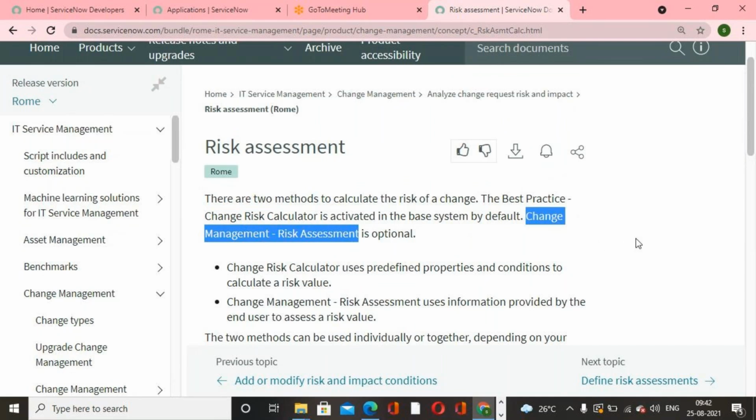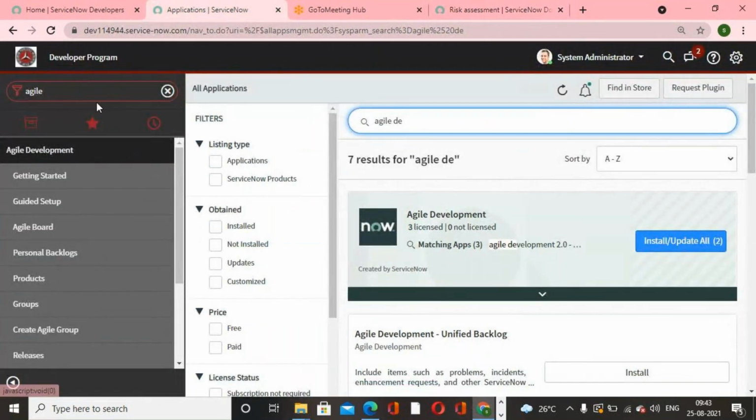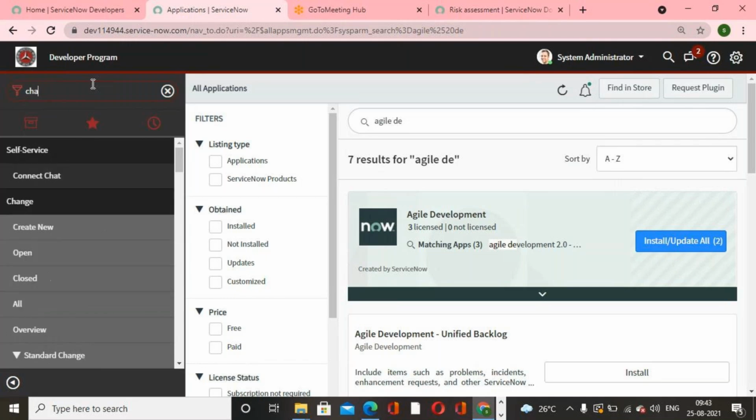Before implementing the change management risk assessment, the developer and administrator should have good experience with the change management life cycle and state model. That is a different topic, so we will discuss it later. At this moment I'm talking only about plugins. Go to Change, nothing but the change management application,